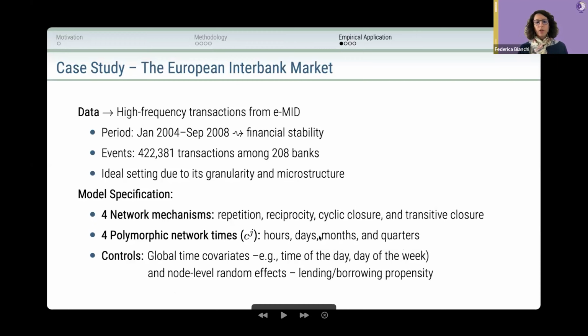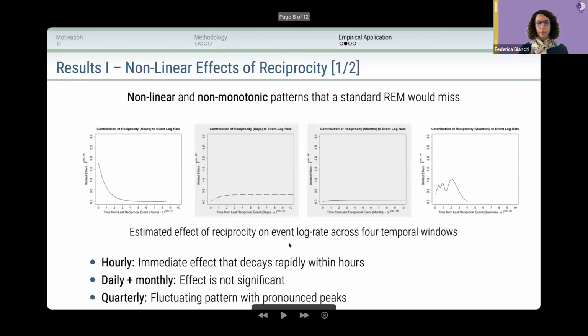And also, we include node level random effects in this specific case to account for the propensity of European credit institutions to lend or borrow money. This is how